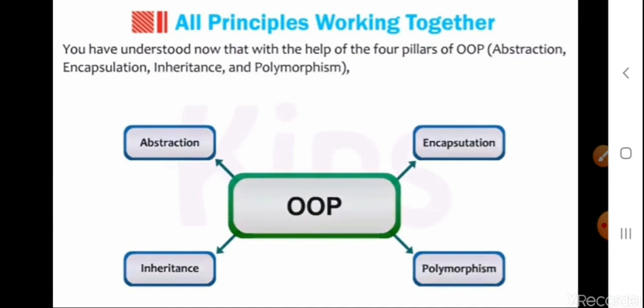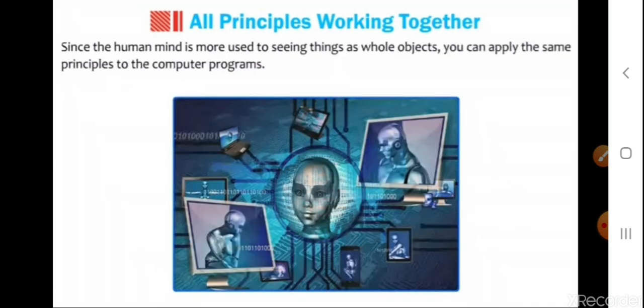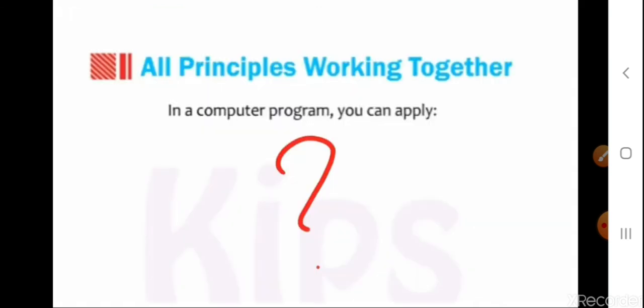You have understood now that with help of the four pillars of object oriented programming, abstraction, encapsulation, inheritance and polymorphism, the individual components are transformed into a real world phone object, which is a complete entity in itself. Since the human mind is more used to seeing things as whole objects, you can apply the same principles to computer programs.